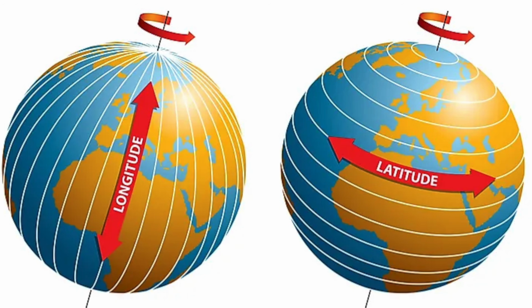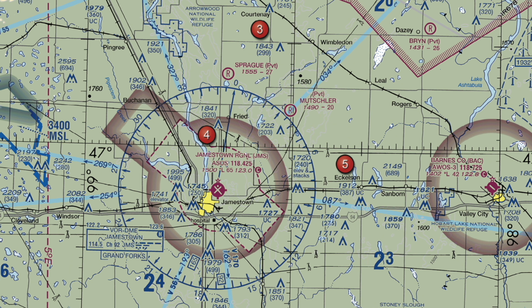Remember how I explained to you earlier that latitude lines are measured from north to south of the equator, and longitude lines are measured from east to west of the prime meridian? If you were not aware of what it is that I just said to you, then you would be measuring the latitude and longitude by degrees incorrectly. You see, the 47 degrees that you're looking at right now is a line of latitude, and on that line of latitude are those hash marks, and you would think that you need to count from east to west on those hash marks in order to establish a correct position, but you are not counting from east to west when you see 47 degrees. You are counting from north to south